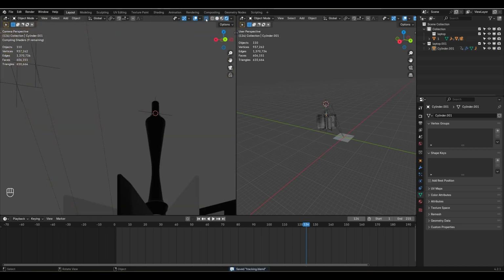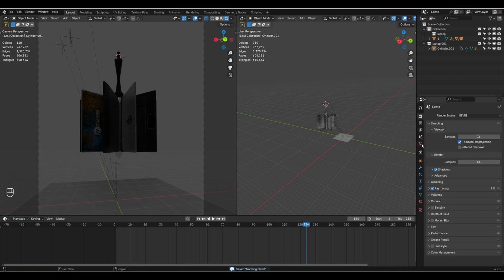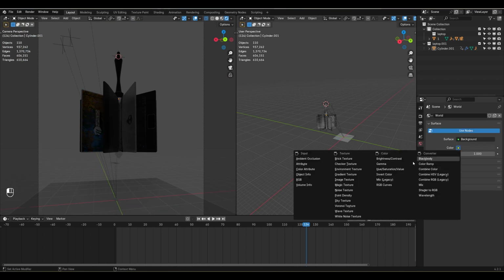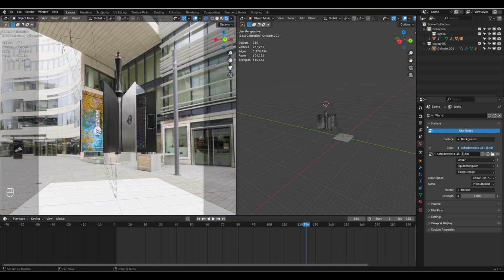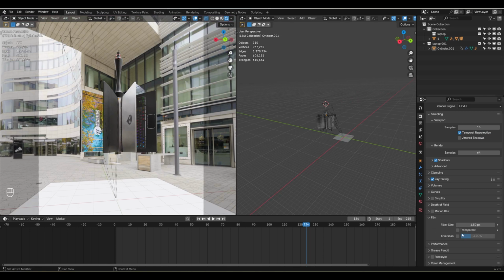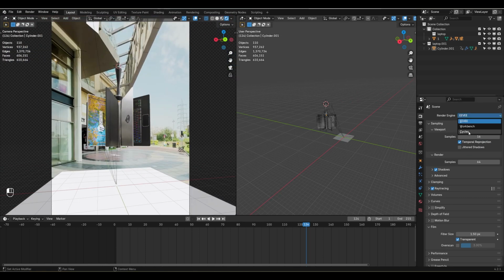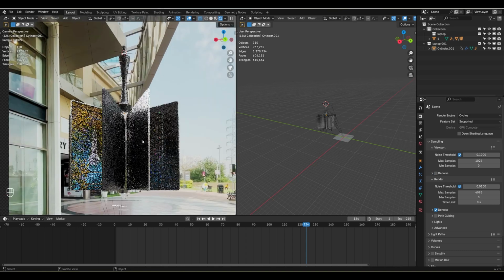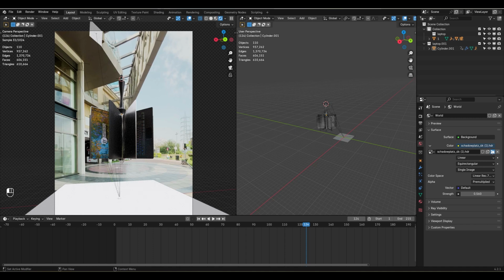Let me go to the rendered mode and let's tweak this lighting, make this ray tracing, and in the World environment tab I'll go to the color, Environment Texture, choose open, and I downloaded a few from Poly Haven. So let me check which one will work. So I'll select this, open, and also make it Film Transparent so we can check it. And why not, let's use Cycles, GPU, and let me change to a different one,